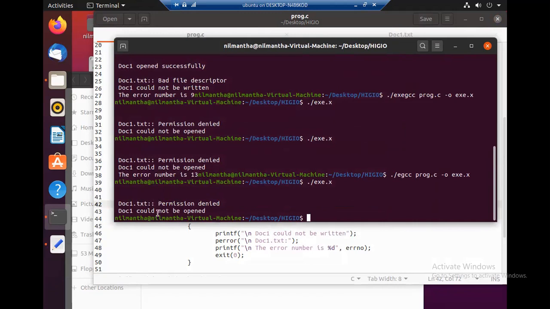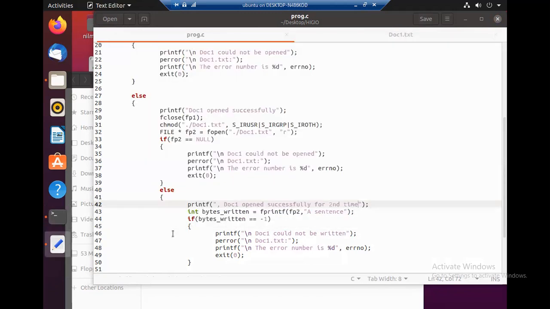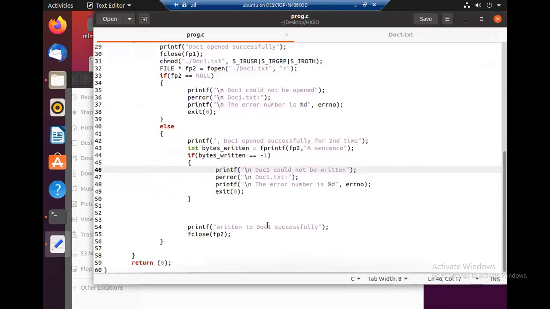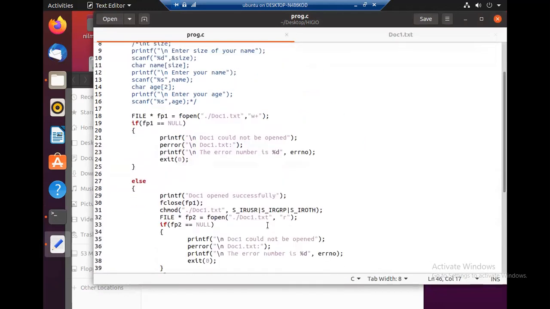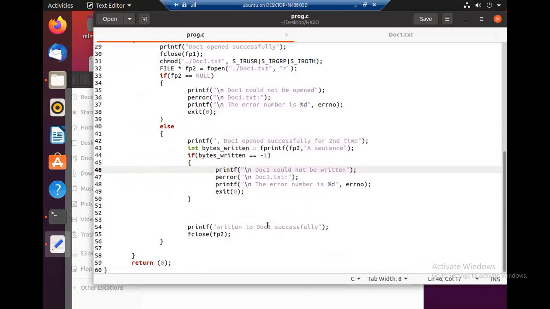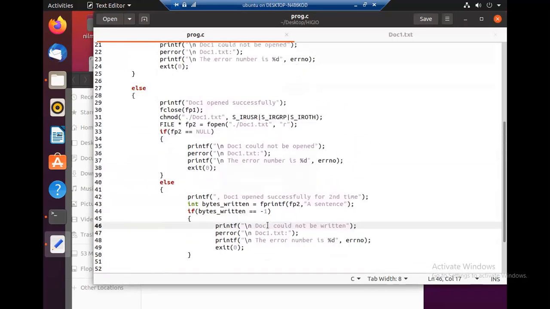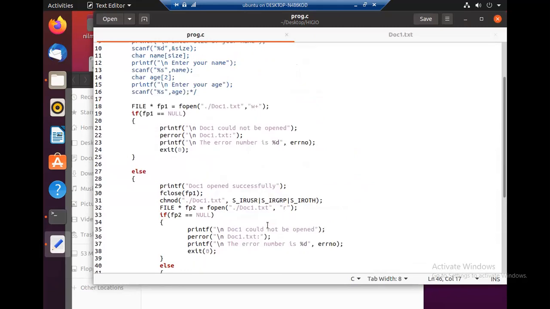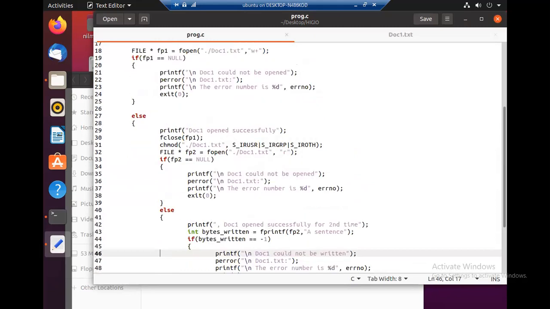Document1.txt permission denied, could not be opened. This is the reason. So this is what is going to happen. When we run this for the first time, it will be opened in read write mode. W plus is read write mode. But the fact is, here we change the privilege to read only.